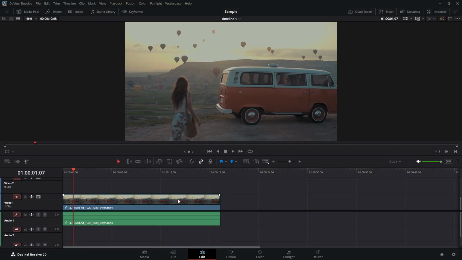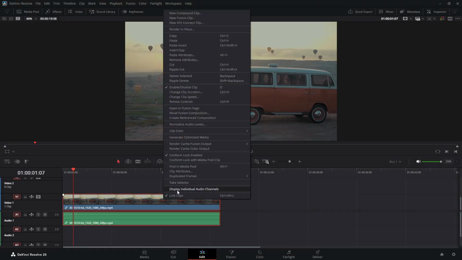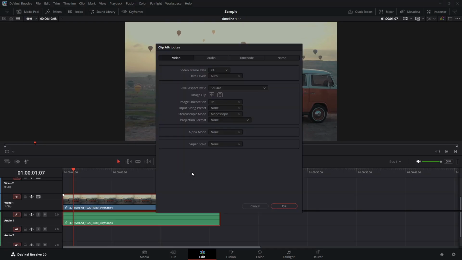Now that you're in the Edit tab, take a look at your timeline where your video clips are located. Find the anamorphic clip that appears squeezed and needs correction. Click on that video clip to select it, then right-click on it. A context menu will appear with several options. From this menu, click on Clip Attributes. This opens up a dedicated window where you can modify the technical properties of your selected clip, including how it's